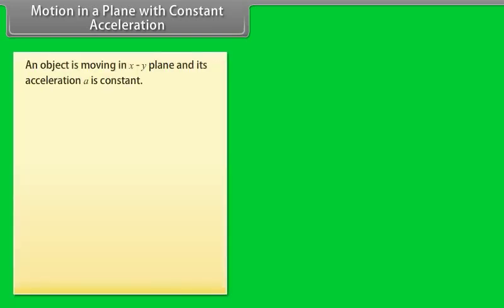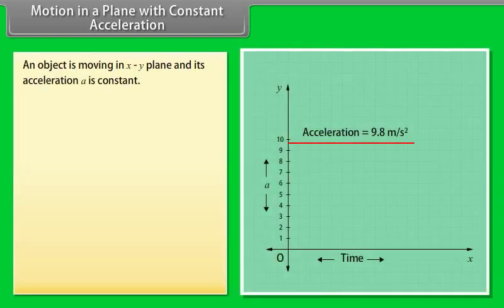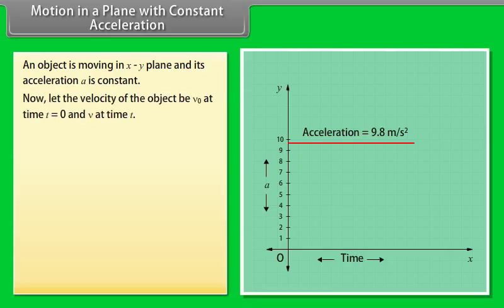Motion in a plane with constant acceleration. Let us take an example to understand. An object is moving in xy plane and its acceleration a is constant. Now, let the velocity of the object be v0 at time t = 0 and v at time t. v = v0 + at. This is the equation in component form. We conclude that